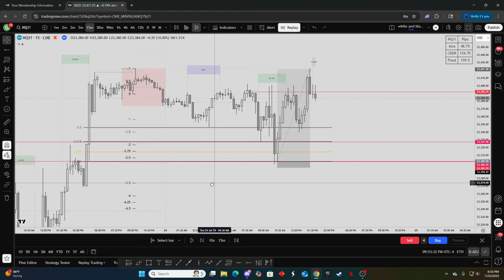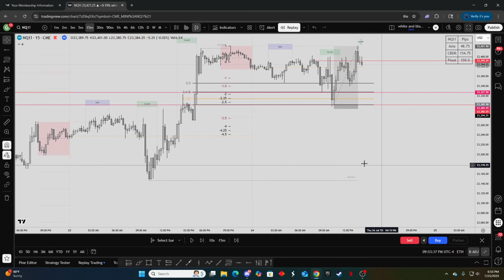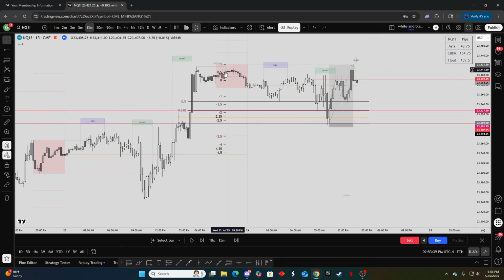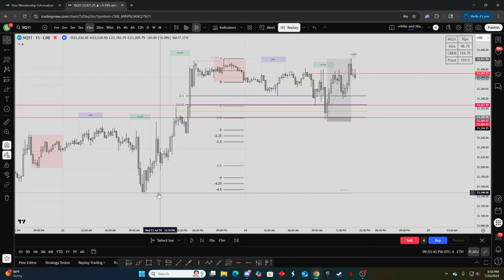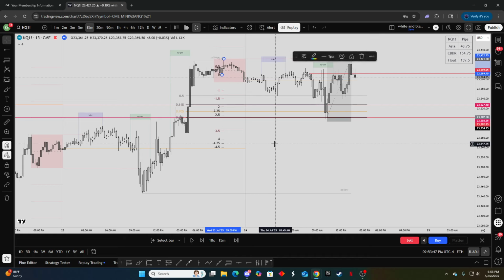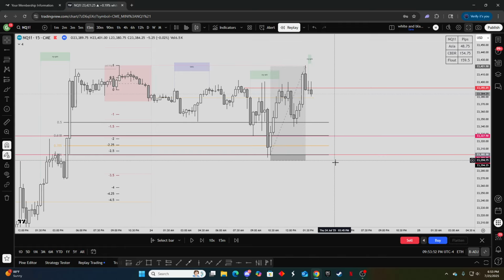-4 max expansion, but in this case, if we would have tapped this, we're most likely to go to the fourth deviation or the third deviation of the Asia's range. So in this case, over here, we would have swept this, and this would have been low of day. But anyways, yeah. I kind of yapped too much, but anyways,